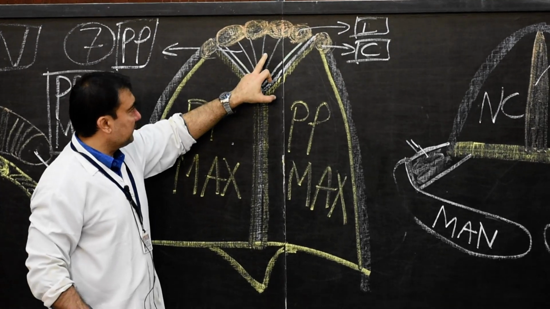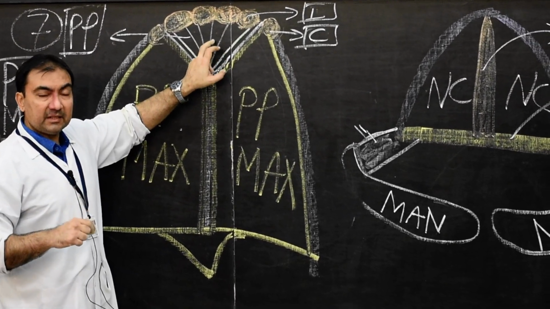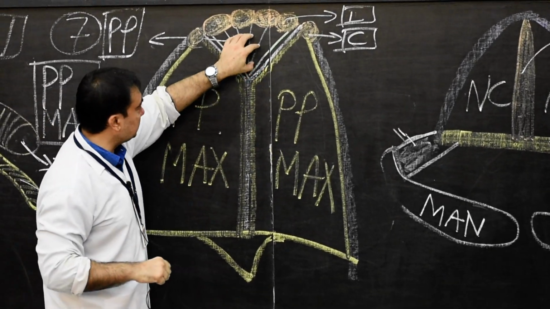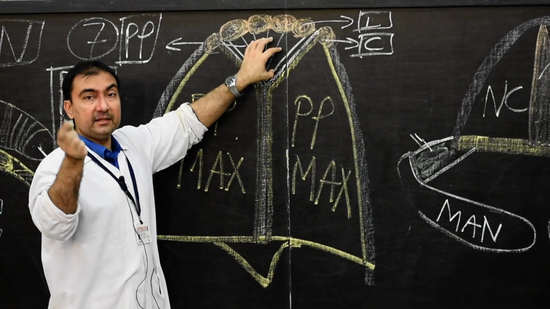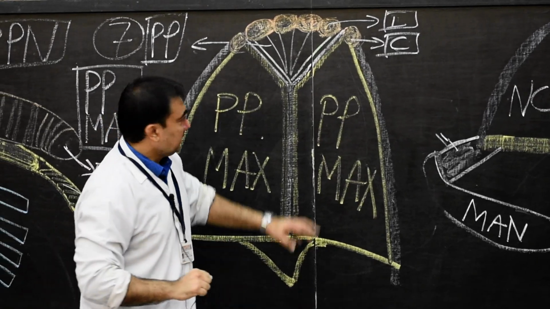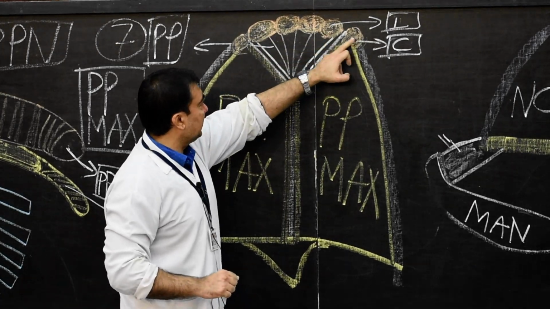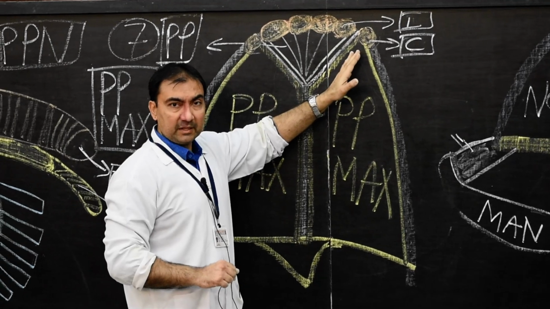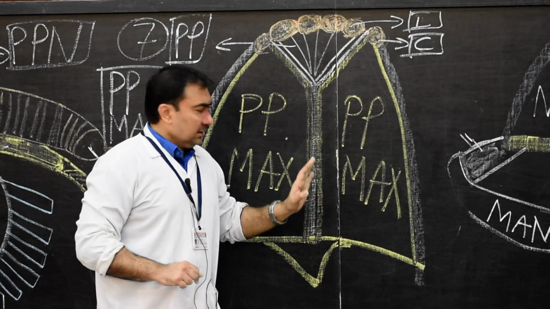This primitive palate, in adults in the base of the skull, will be represented as the incisive fossa. Remember this, we have discussed it in tutorial. So this is the place where the incisive fossa will be present, and it is known as primitive palate. It is also called premaxilla. The line will be at the junction of lateral incisors and canine. So on either side of the midline, 2 incisors and 1 canine, and in between this line is there. This diagram is very important.